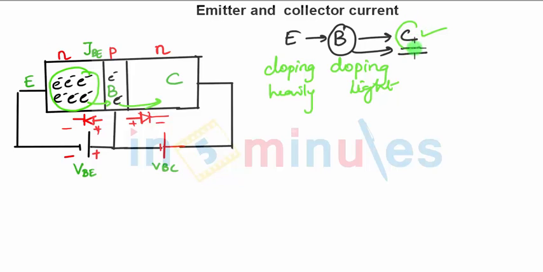So what you can say, the collector current what you are getting is because of the electrons emitted by the emitter, and it is less dependent on the free electrons in the base, because free electrons in the emitter are more as compared to the base, you can see here electrons over here and electrons over here. Because of light doping, the number of free electrons in the base is less, whereas because of heavy doping, electrons in the emitter are large. So collector current is basically more dependent on the electrons emitted by the emitter. So we can say the electrons reaching the collector are the major component of the collector current.